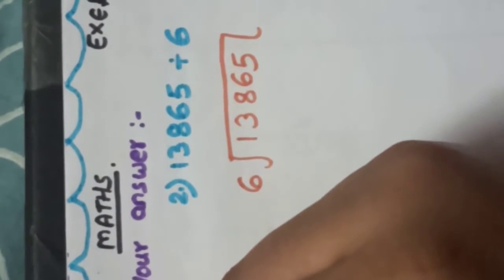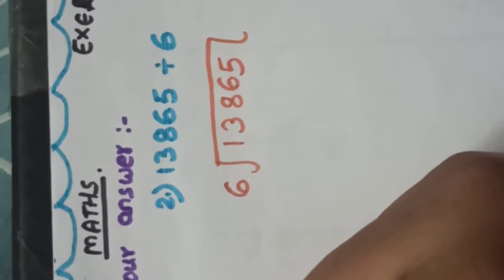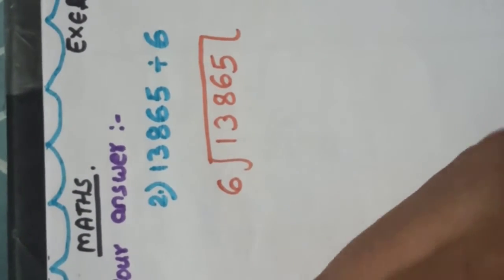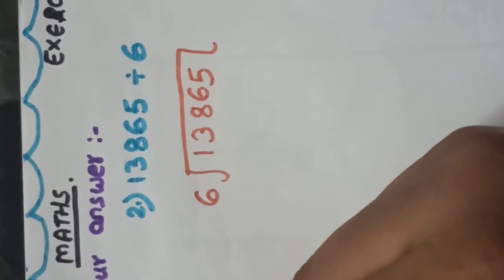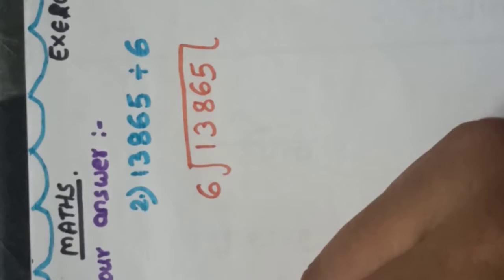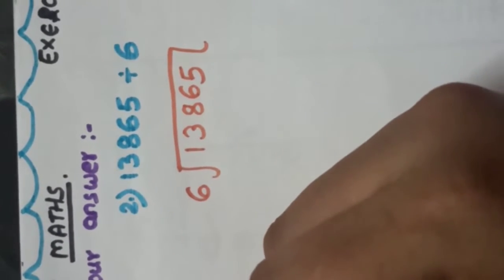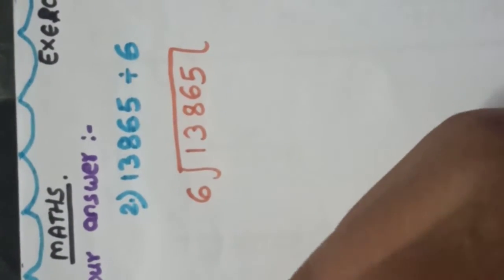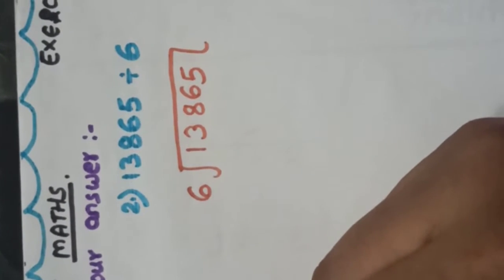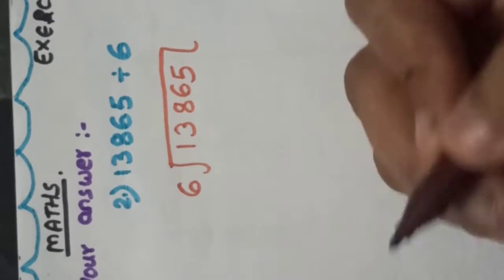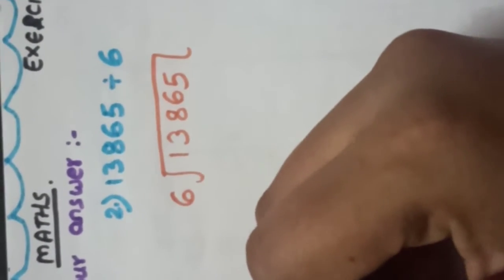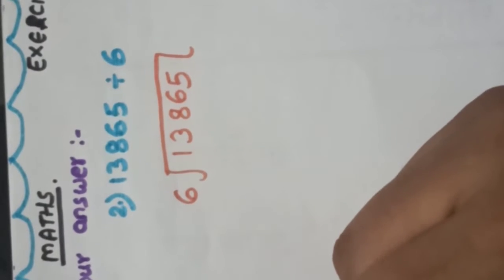Let us write it down like this. 9 fives 45. Let us subtract it now. 5 subtracted from 7 will give us 2, and 4 subtracted from 4 will give us 0. So it means we will take this 8 as it is over here. Now 9 ones are 9, 9 twos are 18, 9 threes are 27. Okay, let us subtract it now. We'll get 1. What is the next step? Let us take this 7 as it is over here.